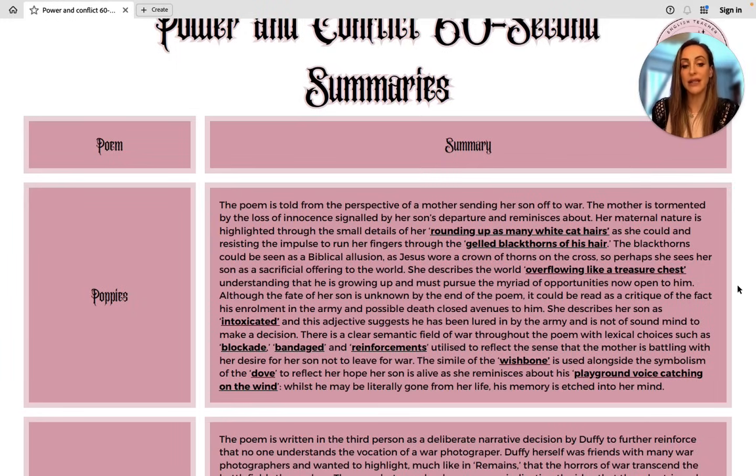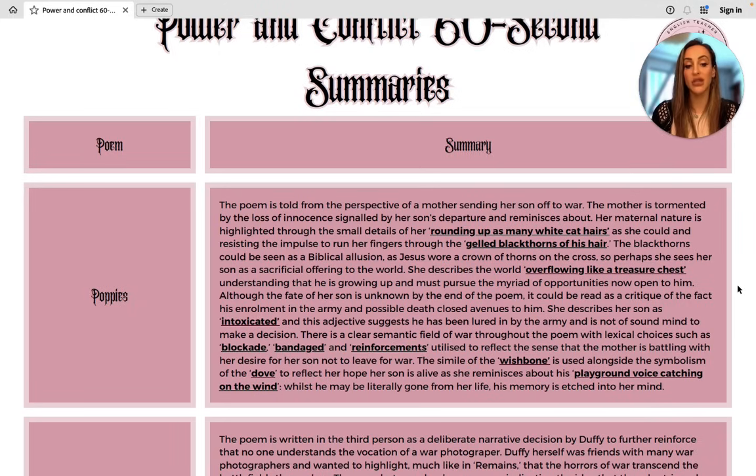There is a clear semantic field of war through the poem, with lexical choices such as "blockade", "bandage" and "reinforcements" utilised to reflect the sense that the mother is battling with her desire for her son not to leave for war. The simile of the wishbone is used alongside the symbolism of the dove to reflect her hope her son